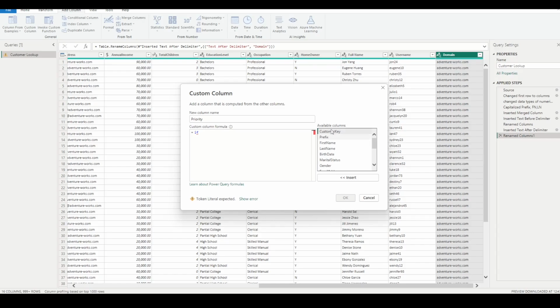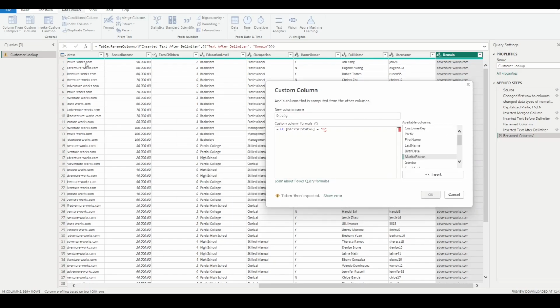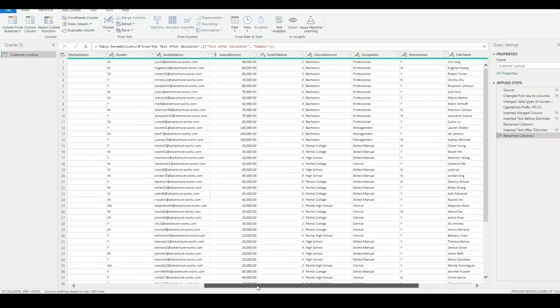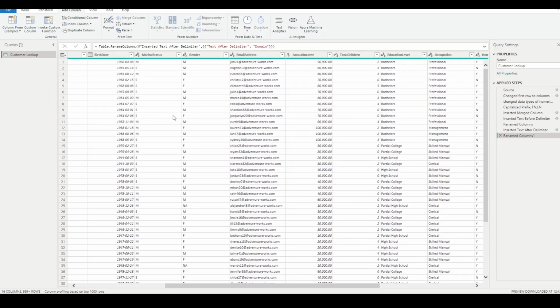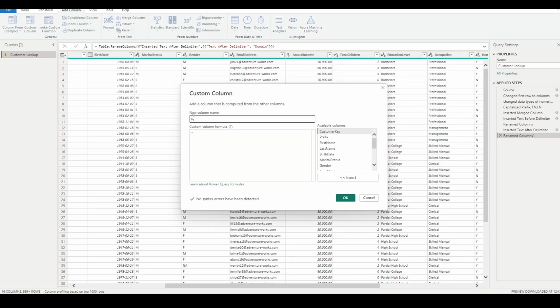marital status, where now look at this, these are all the columns that we have in this table. So we need marital status. If marital status is equal to M, right? Let's quickly look at the marital status. Look at this. So marital status values are M and S, married or single. So let's go back again to priority, and if